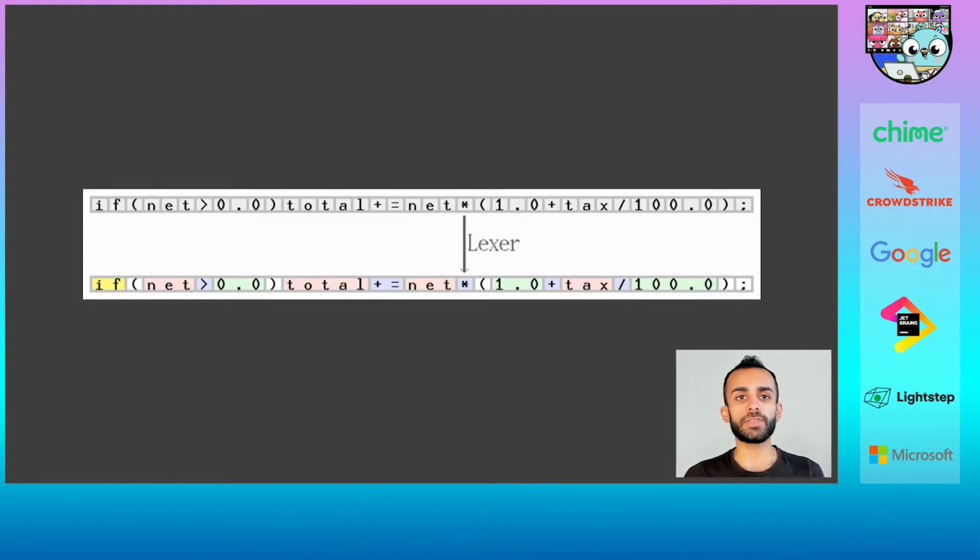But then it'll read things like a numeric literal, and it'll then have to group those together. Or it might look at the addition assignment operator right there, which is a plus sign and an equal sign. An addition assignment operator, we know, is related to addition and it's related to assignment, but it's not literally the same thing as having an addition operator followed by an assignment operator. No, that combined has a separate semantic meaning.